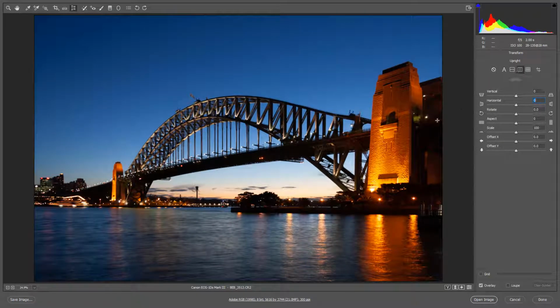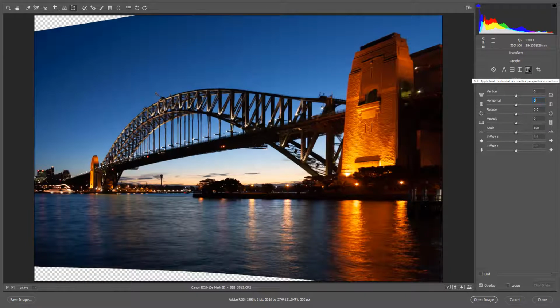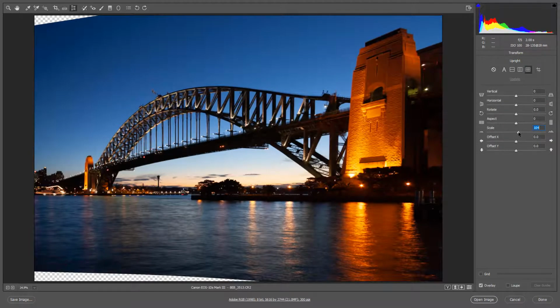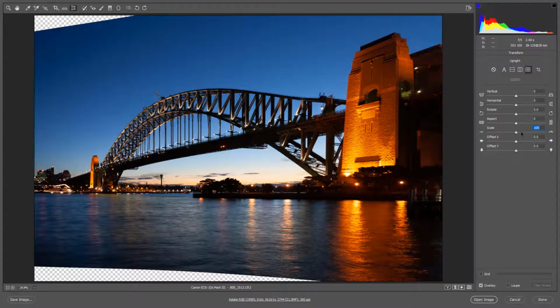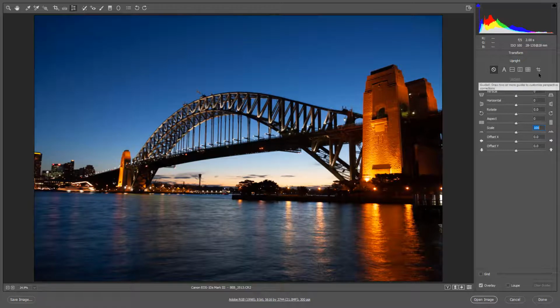Not too keen on that. It's making these pillars lean out a little bit. Let's try both. We'd need to do a bit of cropping here, but of course if we ever use these tools and it leaves gaps around the edge, we can go down to the scale and we can move the image up, but of course the content of the image is going to determine if that's possible. On this occasion I'll double click and reset,